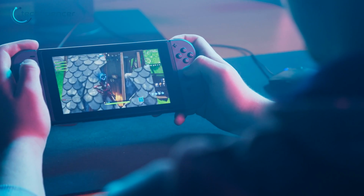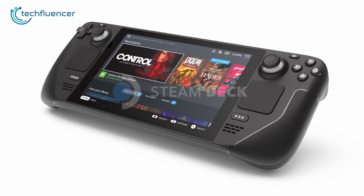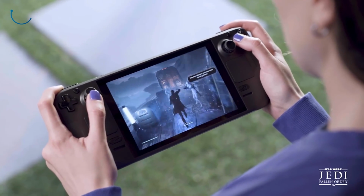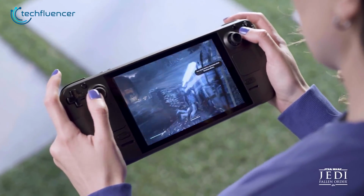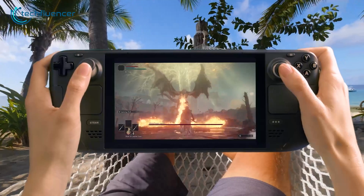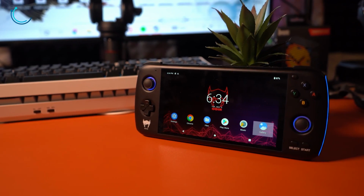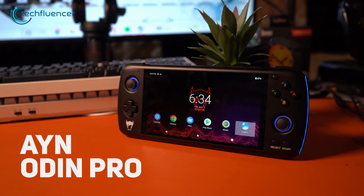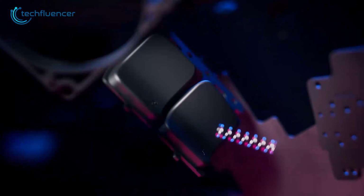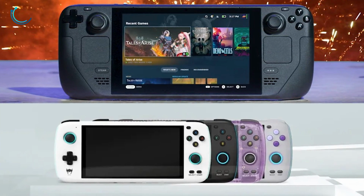When it comes to handheld Windows gaming, Steam Deck is undoubtedly the most popular recent console that has been released this year. This powerful gaming handheld is specially designed to run modern PC games, and it really performs amazing. While the Steam Deck remains a fan-favorite PC gaming handheld, Ayn Technology just released their Ayn Odin Pro, which is a pretty good Android gaming handheld that's available on the market. In today's video, we will compare the latest Ayn Odin Pro to Steam Deck and find out which one is